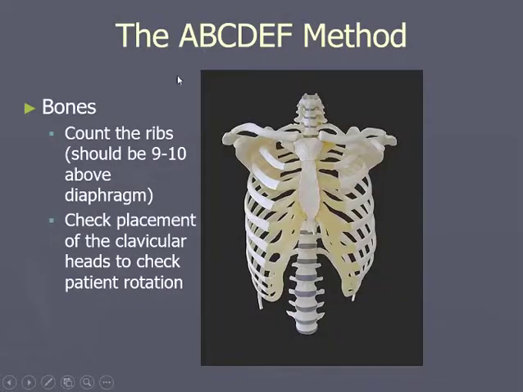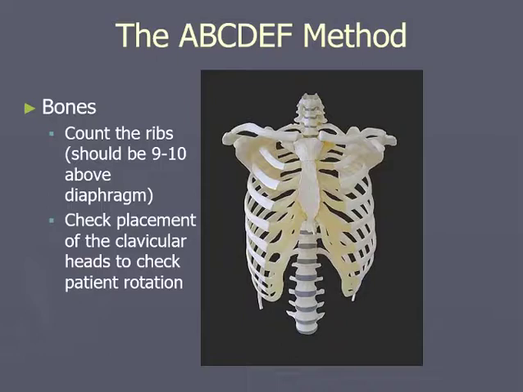The next letter is B. B is for bones. We should be able to count 9 or 10 ribs above the diaphragm. And then we also look at the clavicular heads, these guys right there. And that gives us a centering. That tells us that the patient is not twisted to the left, not twisted to the right, not all cattywampus in the bed, and that we are looking at someone that is in the correct posture for a chest x-ray,